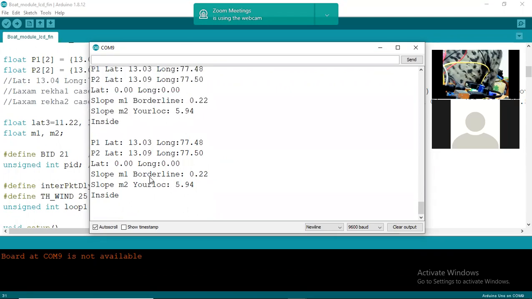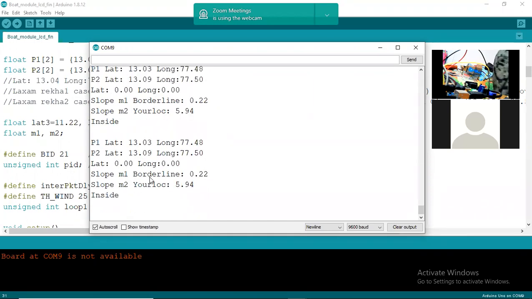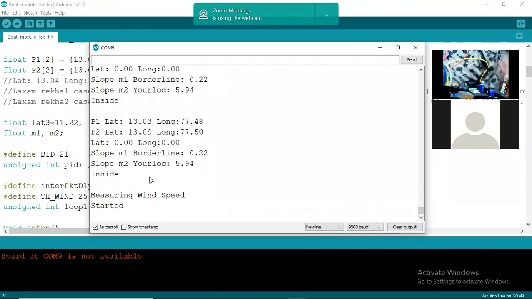See, measuring wind speeds, wind sensor error has come. Every 10 seconds, it will measure for the wind speed sensor. Now I'm connecting this here.